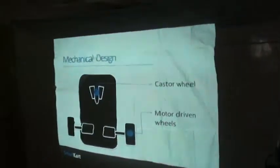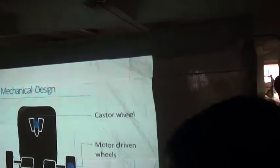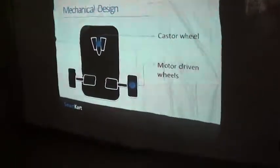We also have two wheels which are driven by two separate independent motors. These motors help the two wheels to have different velocities, which is very much required in many cases. For example, in cornering, the inner wheels have to cover less distance as compared to outer wheels. So these two independent motors help them to have different velocities and a proper movement of the trolley